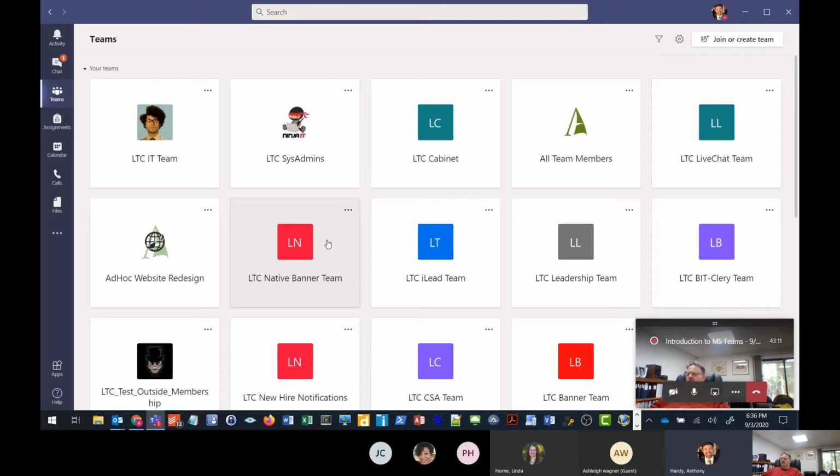Each division has its own adjunct team. Each division has its own full-time faculty team, its own administrative team. So again, across the organization, using the structure of the organization from the organizational chart, we automatically build these teams. And so people, as soon as they are employed by the college and HR puts all their data into Banner, we pull that out, and by default, they may get added to 10 teams, depending on where they are in